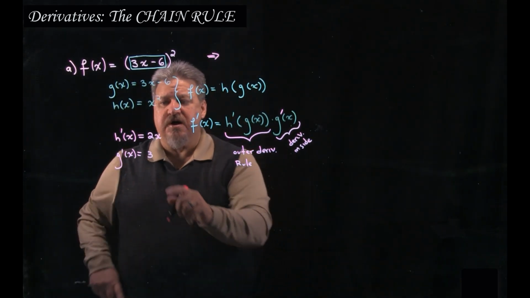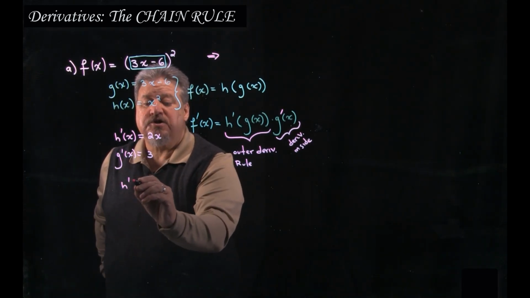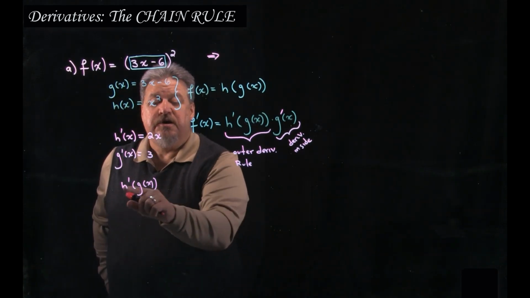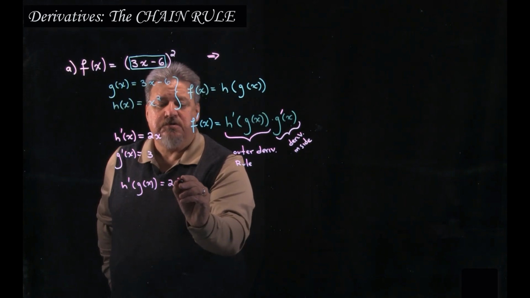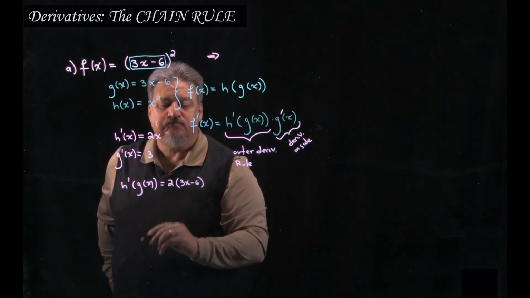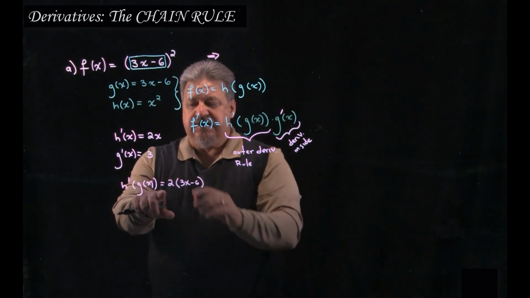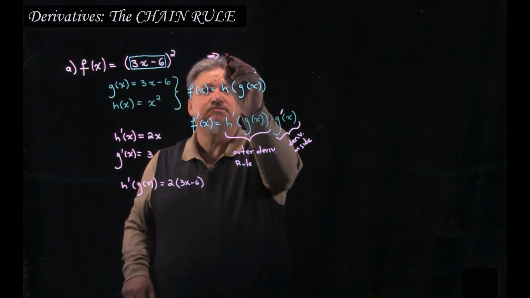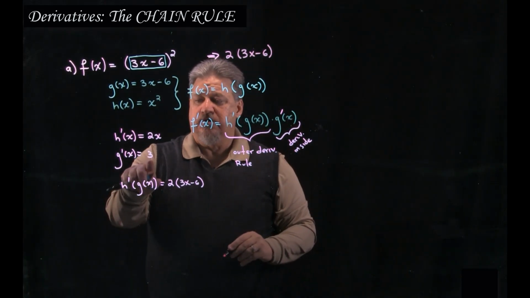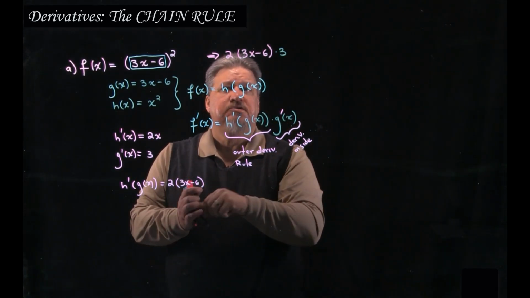So what is h prime of g of x? That says in place of this x you put g. So h prime of g of x, I pointed to the wrong thing. I said g, but g is up here. H prime of g of x is 2 times 3x minus 6, right? And then we multiply by g prime. So by piecing it together, this piece is here, 2, 3x minus 6, multiplied by g prime is just 3. So the final answer,